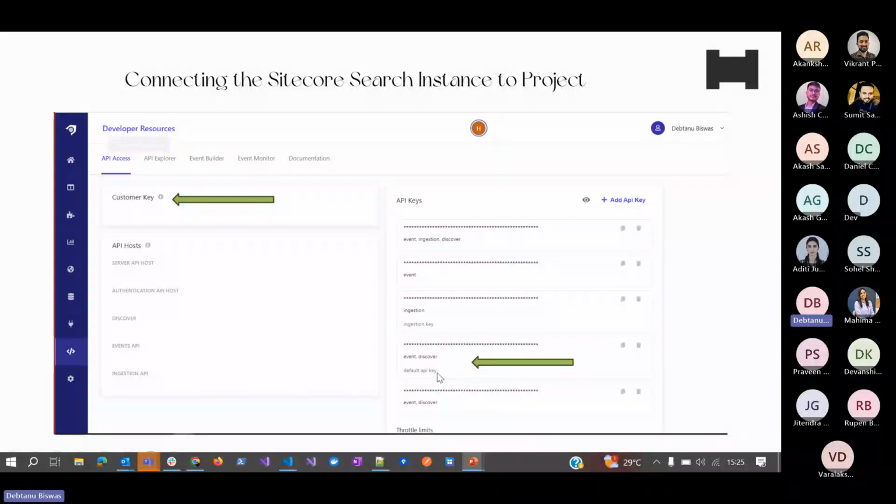To create the component in Next.js to show the data or the results filter, we have two parts. One is the widget code, where we will be passing the query like this, and we'll have to give the